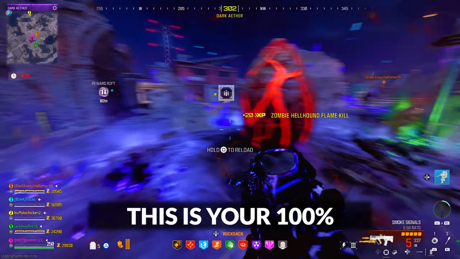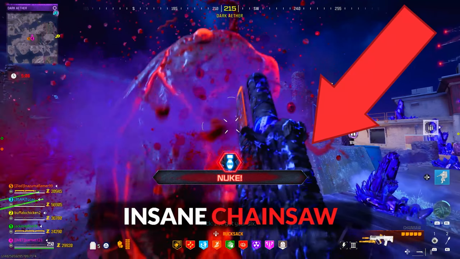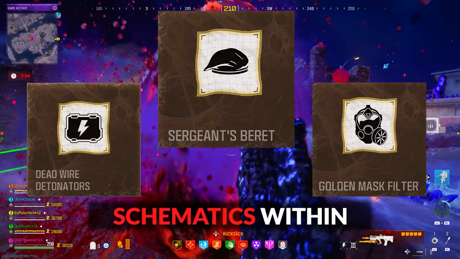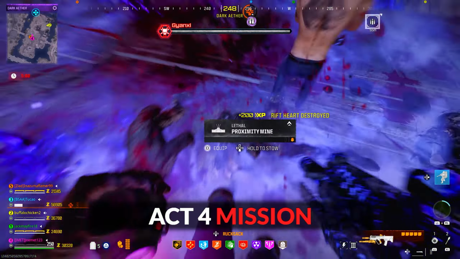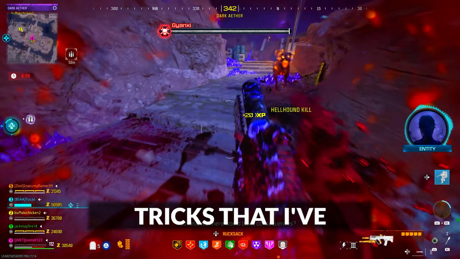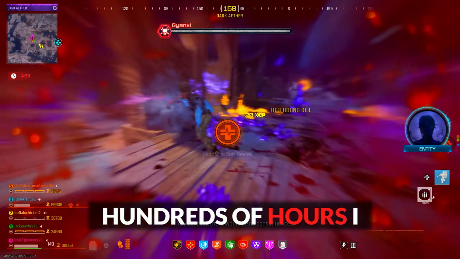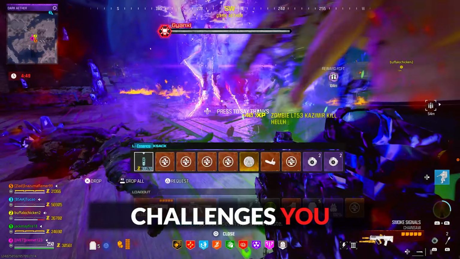How are you, meatballs? This is your 100% correct elite guide to unlocking this insane chainsaw blueprint and these cool new schematics within Modern Warfare 3 Zombies by completing the Season 3 Reloaded, Act 4, Mission 3 Union, plus some additional Easter eggs. I also have some amazing tips and tricks that I've come across in the hundreds of hours I spent curating this guide, so whether you're solo or co-op, despite the great challenges you may face, you'll be